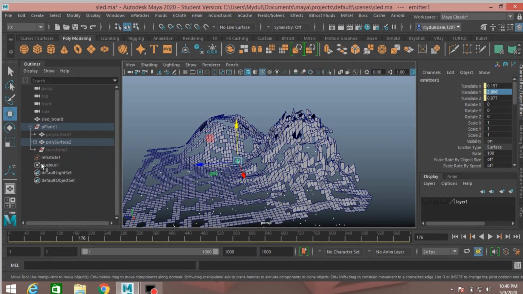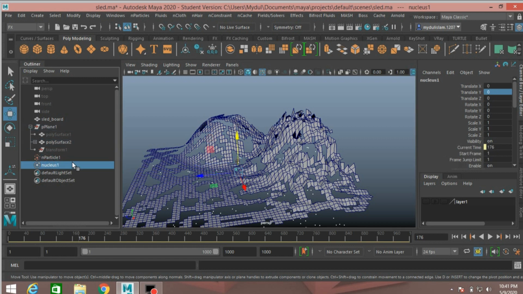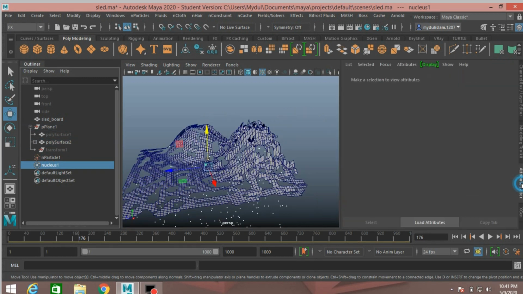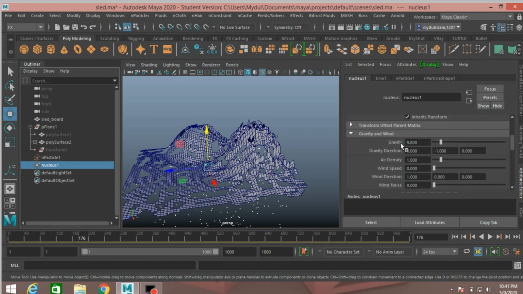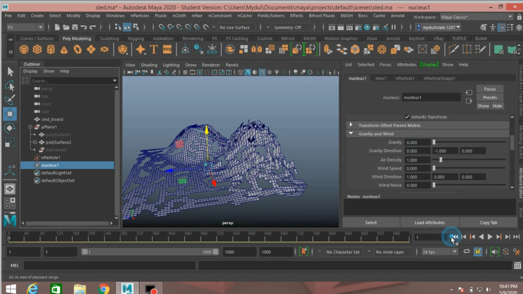So select the nucleus from the outliner, open the attribute editor, and gravity and wind, make it 0, go to frame 1, click play and see.